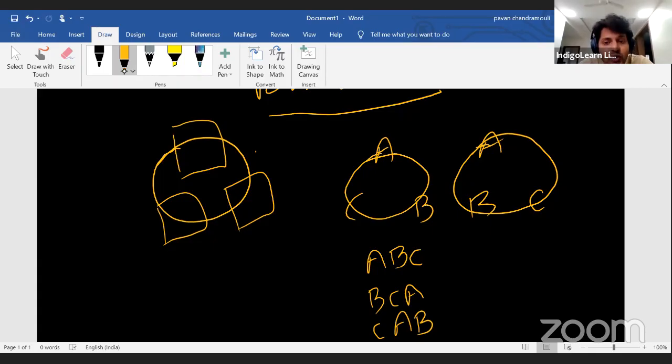Everything is the same. So one arrangement on a circle has counted for 3 arrangements, the same thing that we did on a straight line. Now you start with A here, you'll get A, C, B. If you start with C, you'll get C, B, A. You start with B, you'll get B, A, C. So you can see that 3 arrangements and 3 arrangements which were counted individually in the previous case are now counted as the same. So the 6 arrangements which we counted on a linear line have now become only 2 arrangements on a circular table. So that's basically the difference.